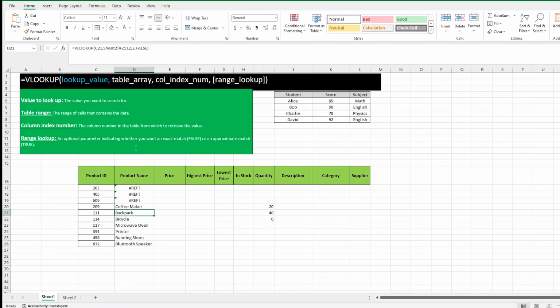So you just need to change the reference, the table array. As you can see, things have been changed. So you do not need to write again and again all the information. You just need to change the reference number. So as you can see, product ID 203, 405, all are showing the information of product name. So I think in this way you can put